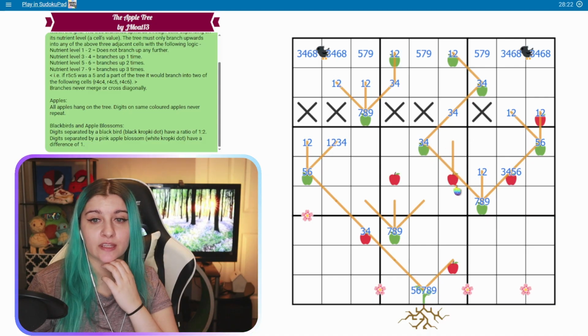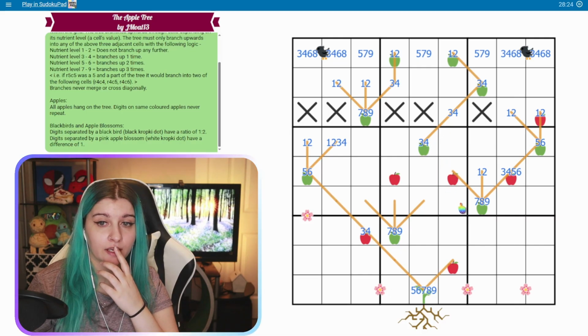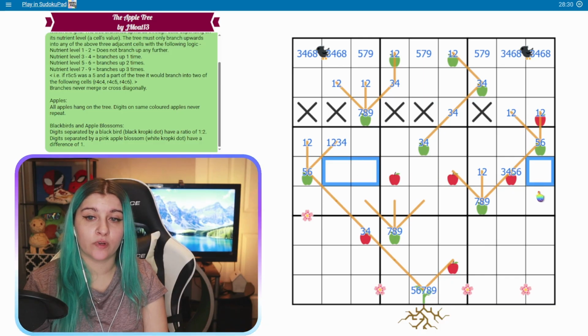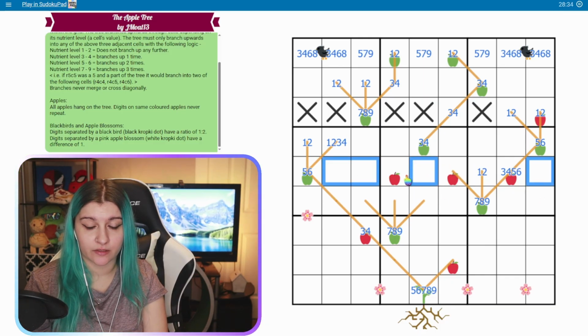What if this goes like that? Is that bad? I have options. Well, I don't have any more 1, 2 here because I have 1, 2 here and one of these is a 1, 2. So